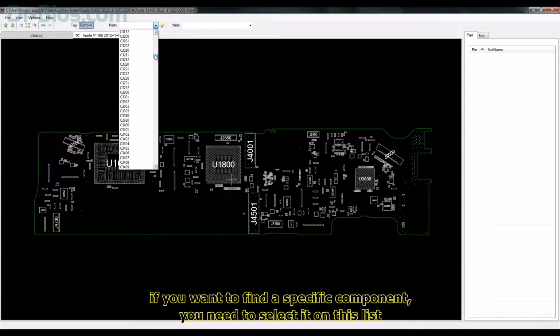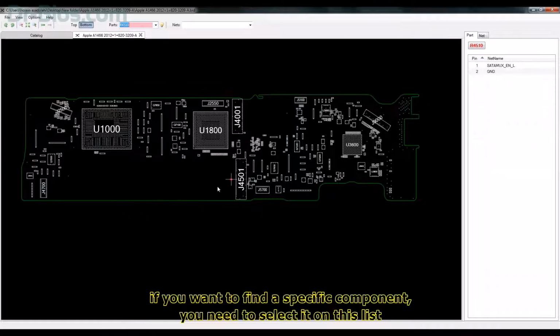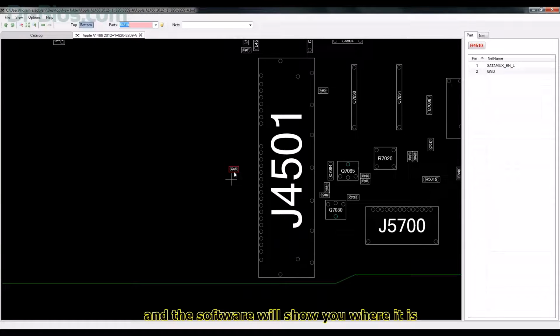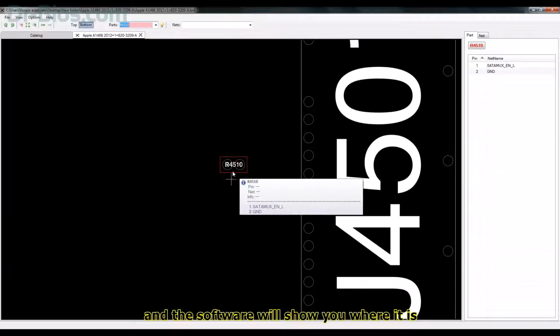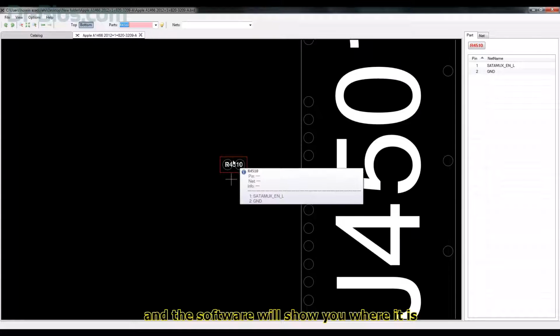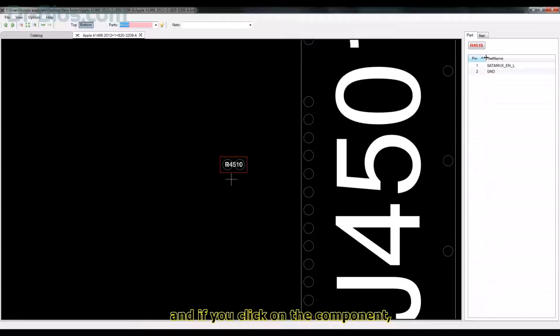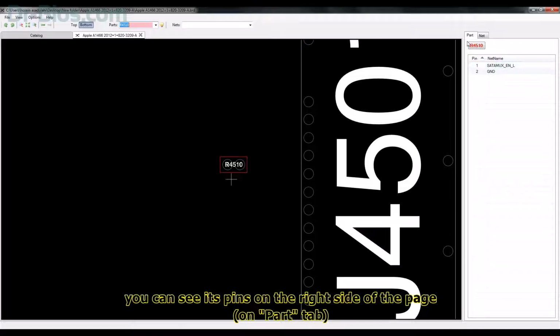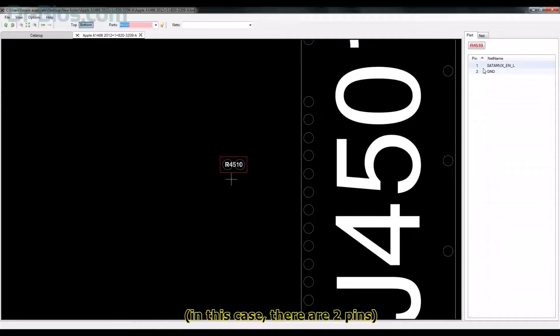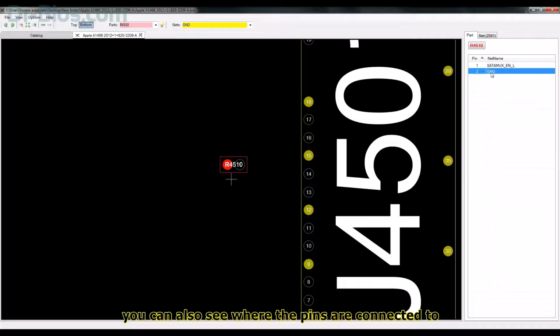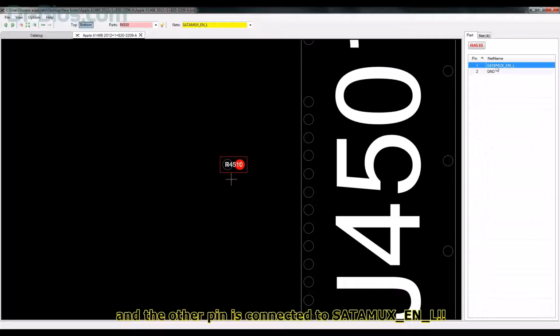If you want to find a specific component, you need to select it on this list, and the software will show you where it is on the board. And if you click on the component, you can see its pins on the right side of the page, in the Part tab. In this case, there are two pins. You can also see where the pins are connected to. For example, pin 2 is GND, and the other pin is connected to